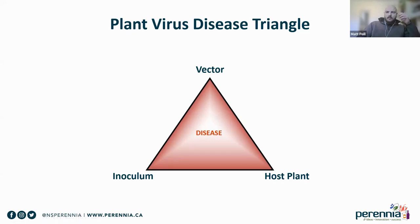But like I said, aphids is the main one of concern in Nova Scotia. Susceptible host plant is another component of this triangle. Most or all of the strawberry and raspberry varieties that we grow in Nova Scotia are susceptible to the viruses that we have. There's varying degrees of susceptibility of those varieties, but all of them can be infected with virus. And then the final component of the triangle is inoculum, which is the infected plants, either commercial fields, or there's